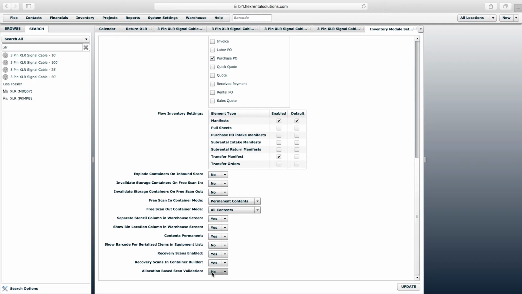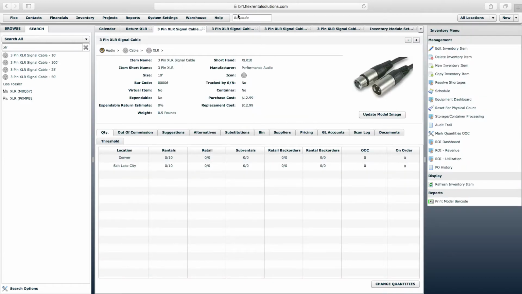So instead of just fixing that, we kind of looked at the whole issue as a whole and looked at some other things that people were reporting and decided to slightly alter the way that this allocation-based scan validation works. One of the main reasons that we changed this is we had a few customer issues where they were saying that if they are transferring gear from one warehouse to another, and if the warehouse that they were sending the gear to didn't have any, or if it had a very low allocated quantity,